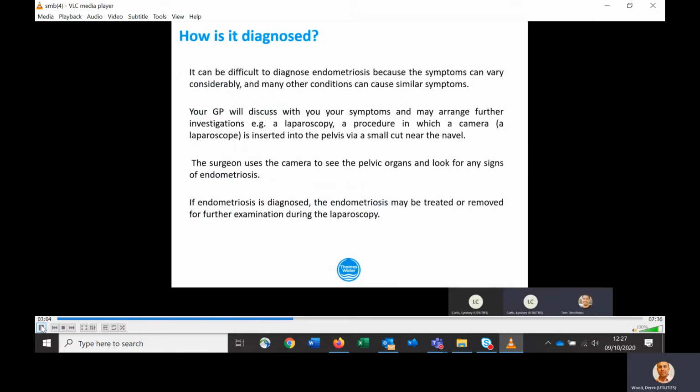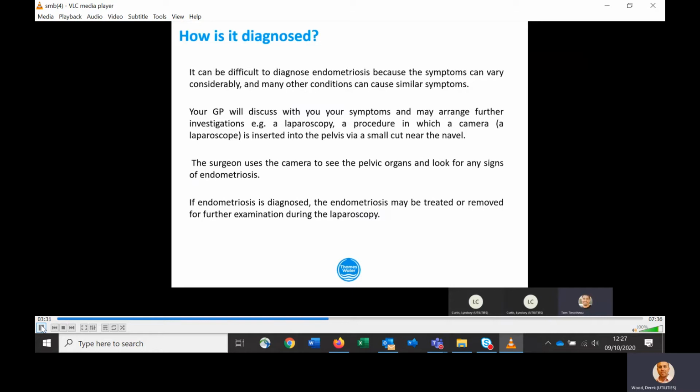So how is it diagnosed, Tom? Thanks, Lyndsey. There's a couple of ways that it can be diagnosed, but it is very, very difficult because the symptoms can vary considerably, and they do tend to show you different conditions, which are very similar in different conditions as well. So for a GP, it can sometimes be relatively hard to diagnose it, but your GP will usually go through